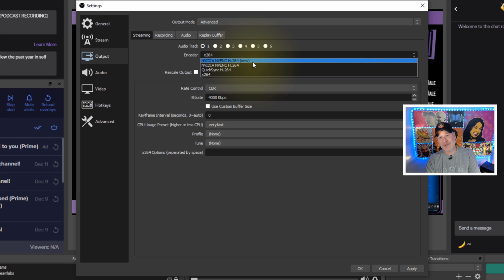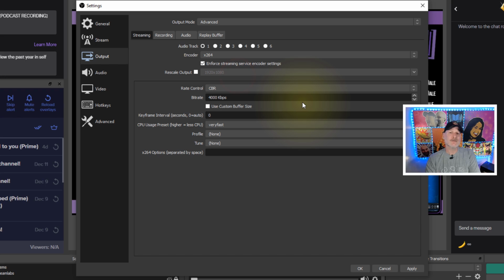Because most likely you have an onboard graphics card or a really old graphics card. It is not going to be able to handle that encoding, I'm telling you right now. So leave it at X264 and let the CPU do the work. Here's the thing, my brother-in-law streamed for years with an i5 using X264 and had no issues,